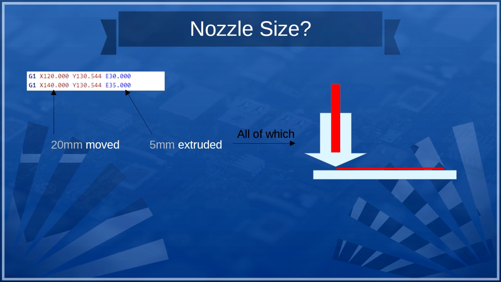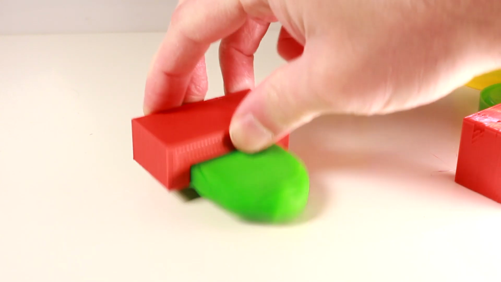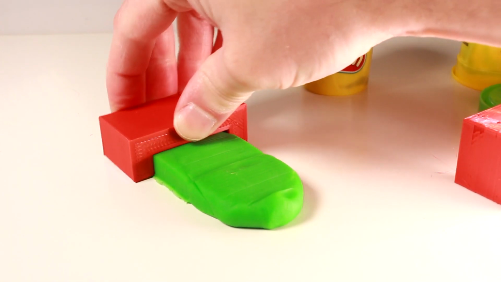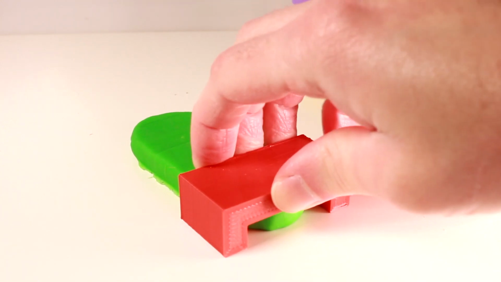This is why you may have noticed that you can print G-code that was generated for a larger nozzle size, and the odds are it won't go terribly. In fact, quite often it will print just fine. But that is not to say that nozzle size is irrelevant. I'll show you this Play-Doh scenario here. You can see this is pretty edge case for Play-Doh, and this will be analogous to, say, a 0.1mm layer height with a 0.6 nozzle, I guess.